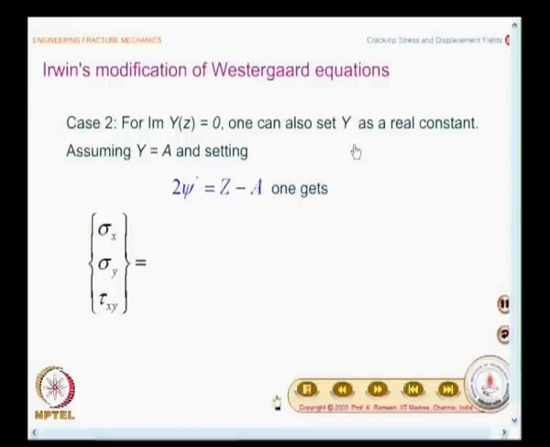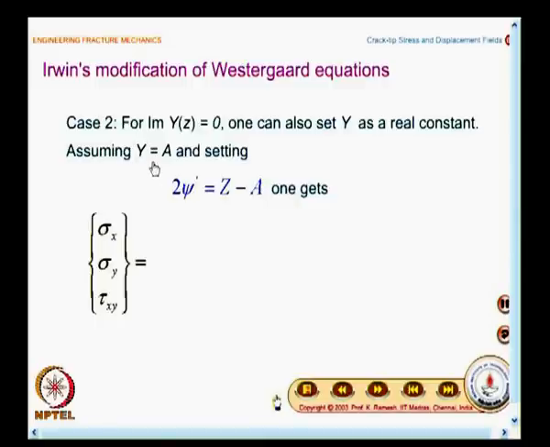So, people never looked closely at the kind of difficulties one would see in the case of a crack problem. When people compared the result with the experiment, they felt something more needs to be done. One of the earliest modifications was done by Irwin. So, to get the Irwin solution, you take capital Y equal to A and set 2 xi prime equal to capital Z minus A, then one gets